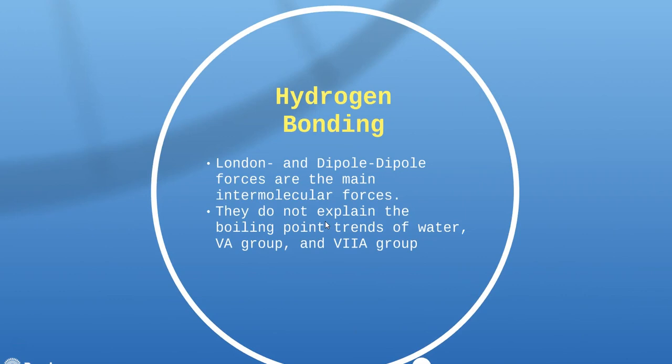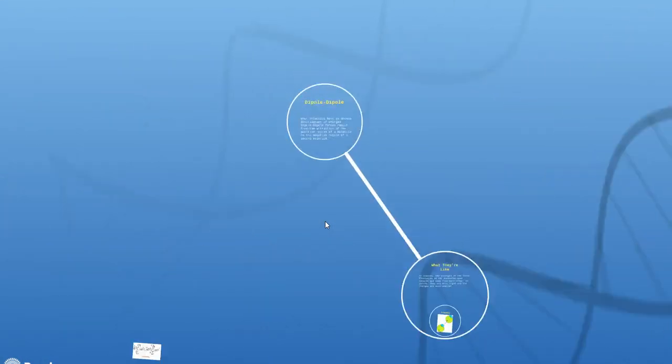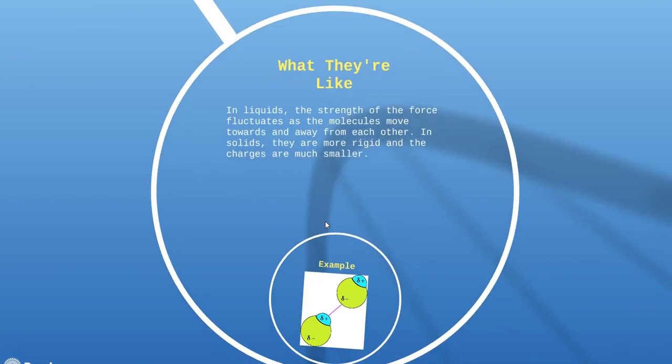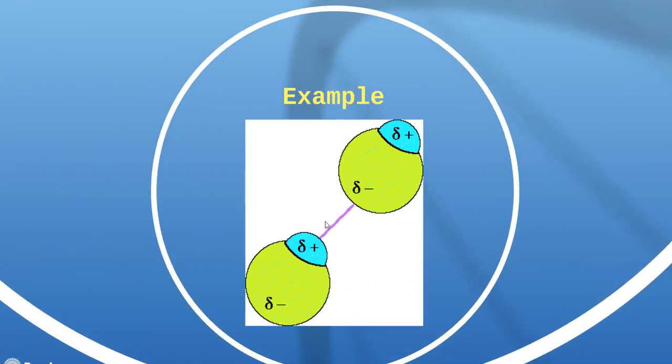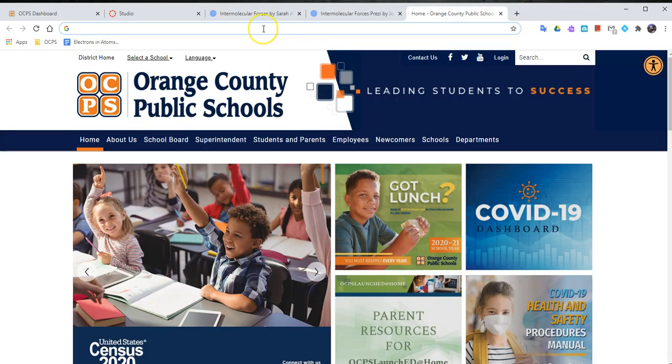And the next one is hydrogen bonding. Now, hydrogen bonding is an example of a dipole-dipole bond. And what's special about hydrogen bonding in particular is that